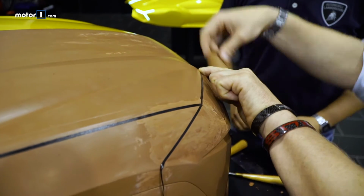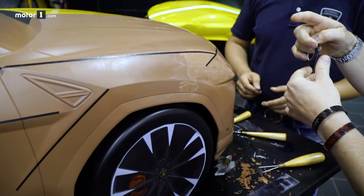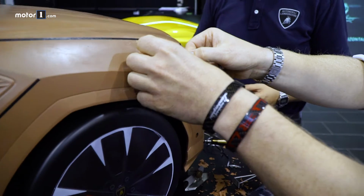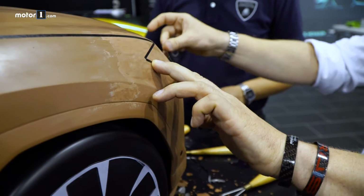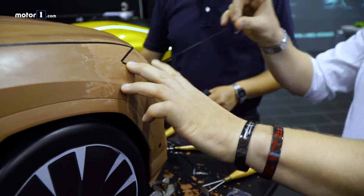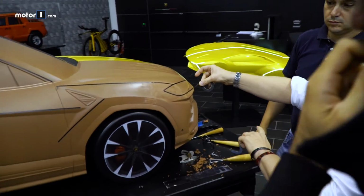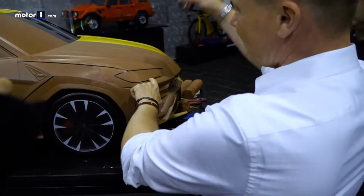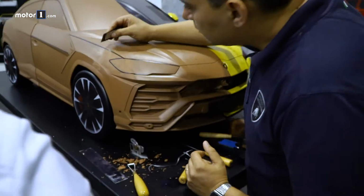So, with the tape, I can try. I can put a line. I can also have a definition on the front lights. And you know, the tape is so flexible. If I don't like a radius that I've taped, I can put it again. So in the end of the day, design has to be as flexible as possible